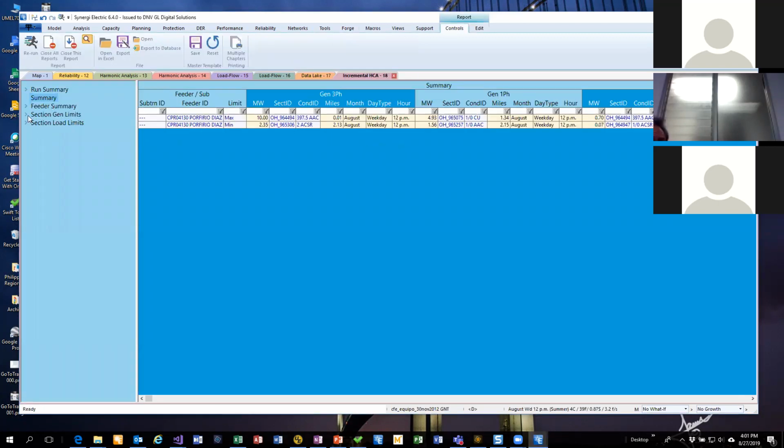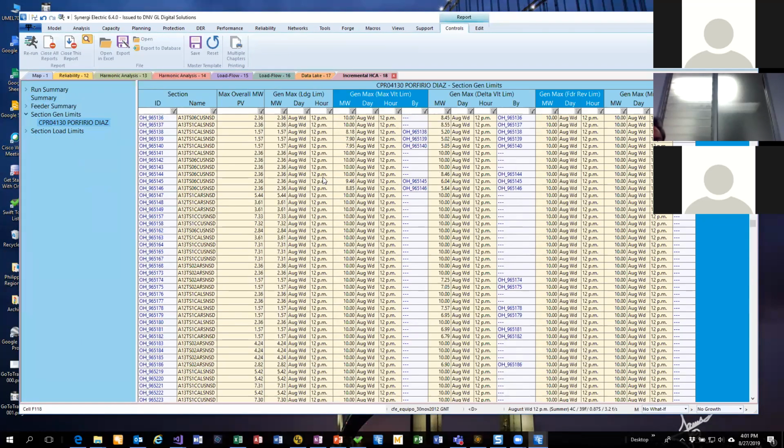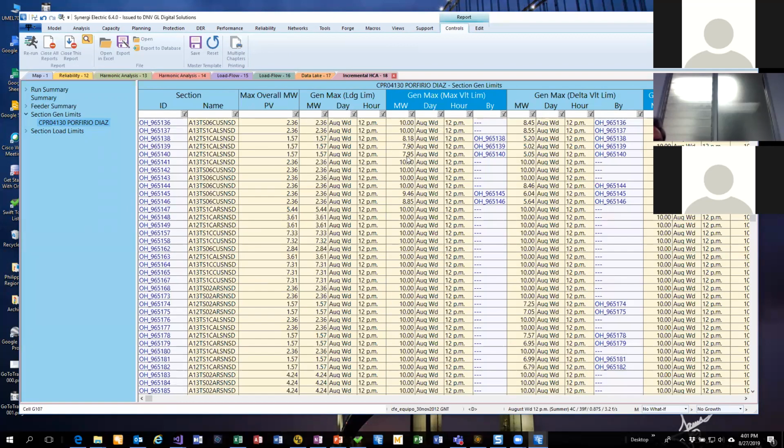And so when we look at this, we can see the, yeah, this is an odd circuit here, but most of these are at my maximum, but here I've got this section here, I'm down at 8 megawatts, and here's the limitation. So I can see I'm hitting a maximum. The 5 categories that I had mentioned here, the overall limit is in this column, and then the loading limit, this is the thermal limit,